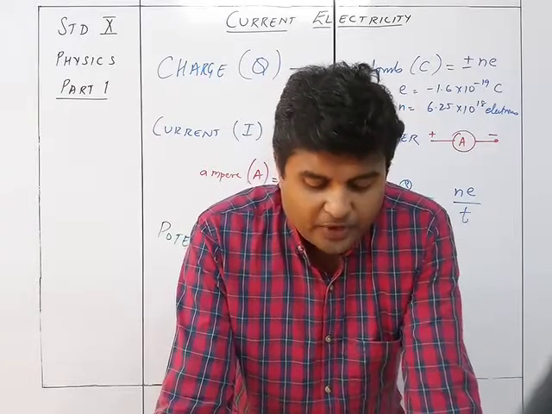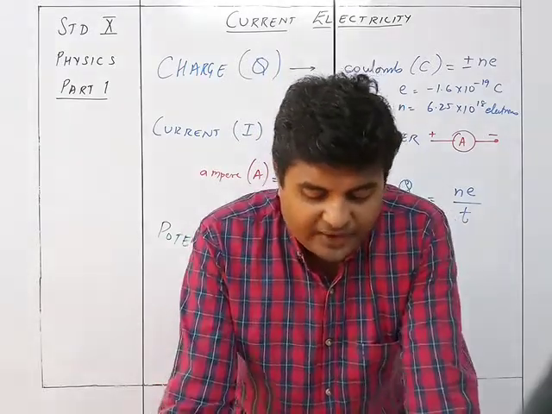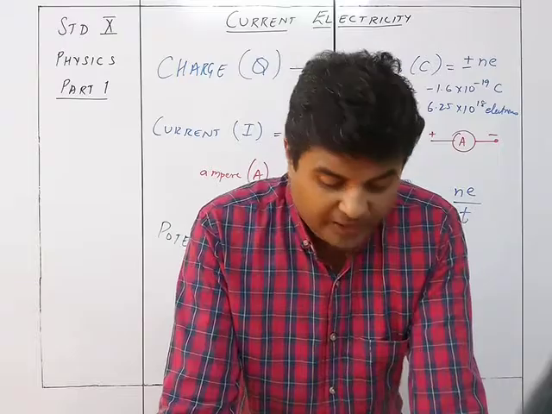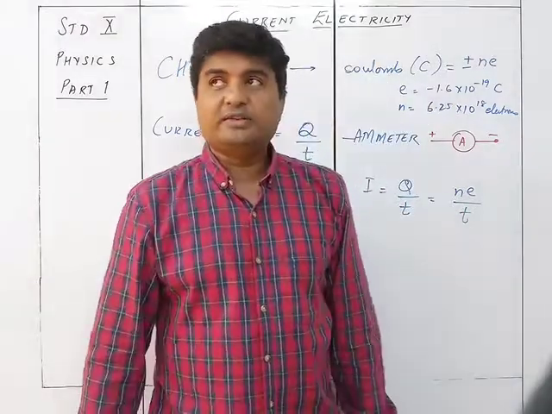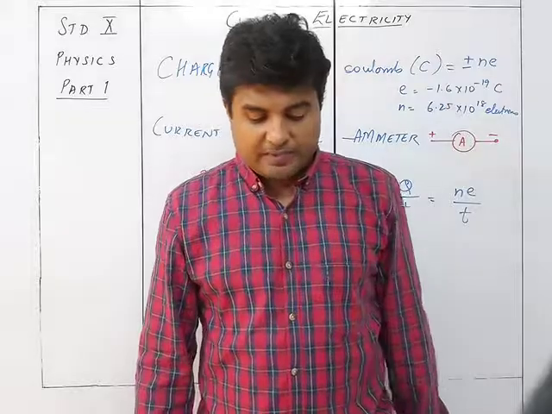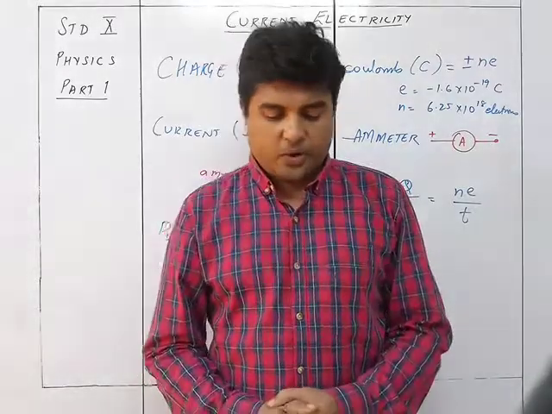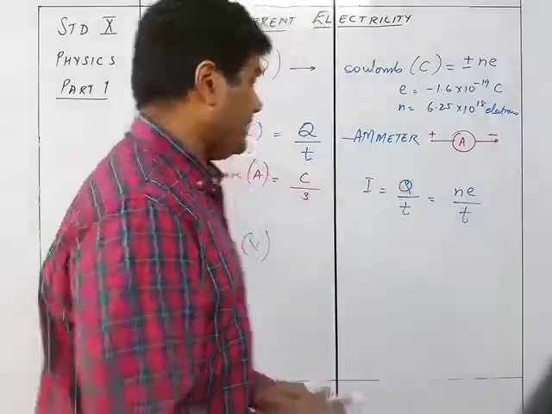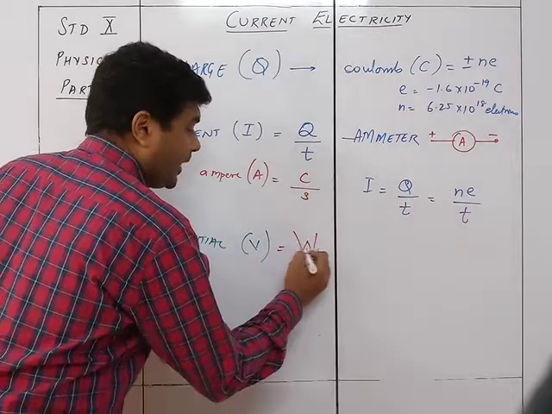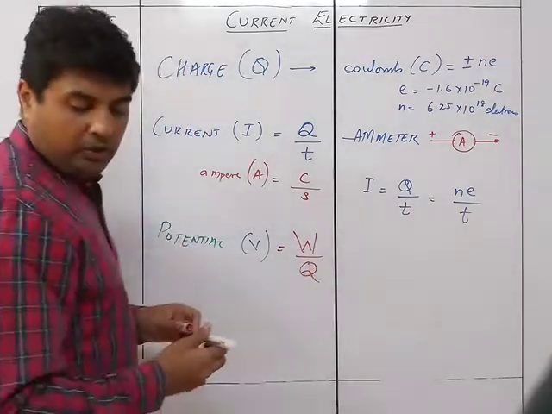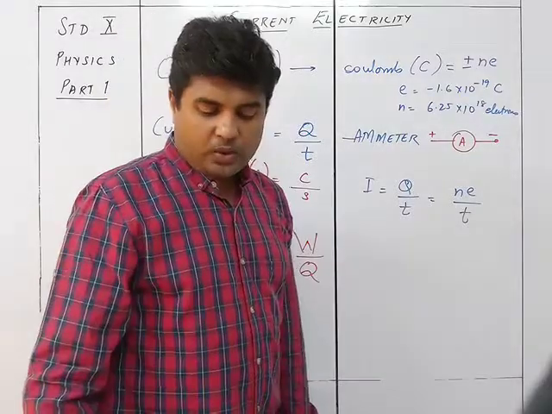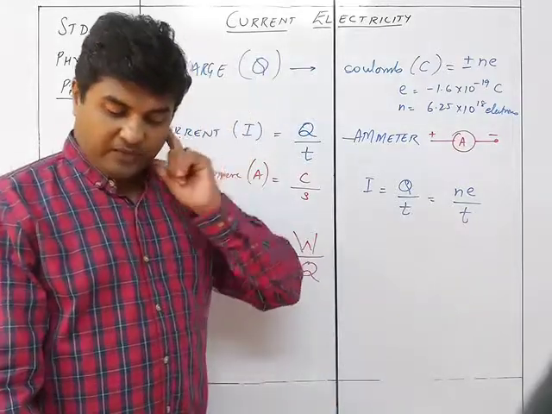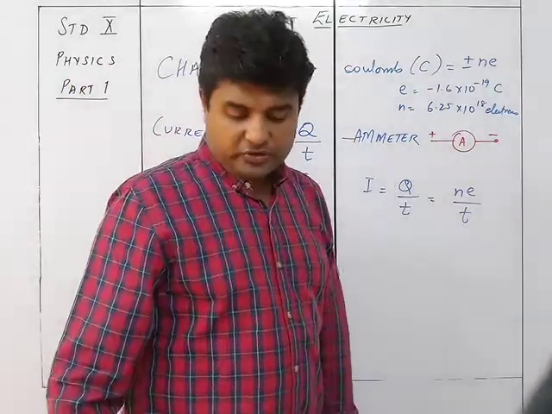So in figure 8.1, a test charge Q is brought from infinity to a point in the vicinity of a positively charged body. So from infinity it is brought to P. If W joule of work is done in bringing the test charge Q coulomb from infinity to a point P, then the electric potential V at the point is given as V is equal to work done upon charge, that is W upon Q. So the work needed to move a charge Q from infinity to a point P where the electric potential is V will be W is equal to Q into V.